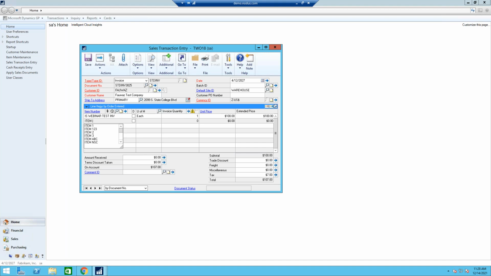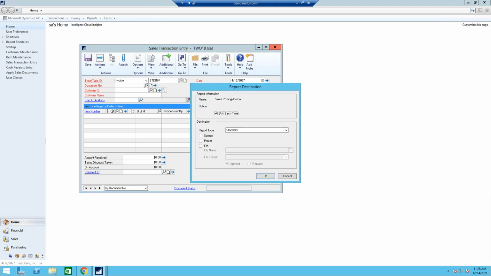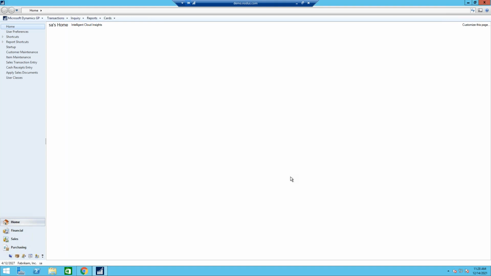And let's put one more item number 2 for $200. Okay, so I have an invoice for $321. I'm going to go ahead and hit post. And what's going to happen is that now it's going to be synchronized over to the portal, and it's going to be available. I'm going to be sent an email, and I will see in an email that this